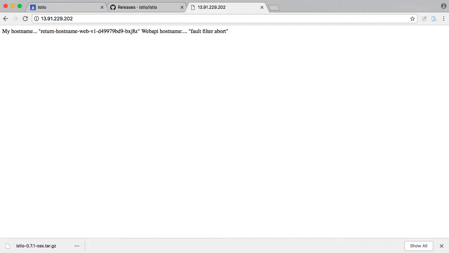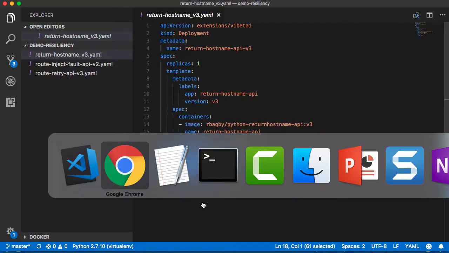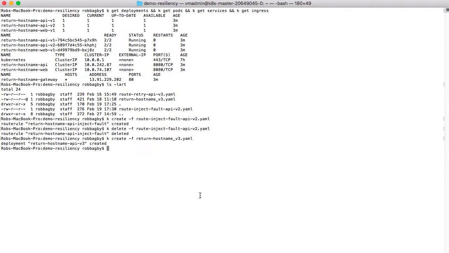So let's go back to our browser, and we've got some problems here. One thing that I probably did wrong is I deployed that without injecting my sidecar. So I'm just going to do a k delete -f return hostname version 3, and I'm going to redeploy that with my sidecar. So let's do k create -f, and then we'll do istioctl kube-inject -f, and